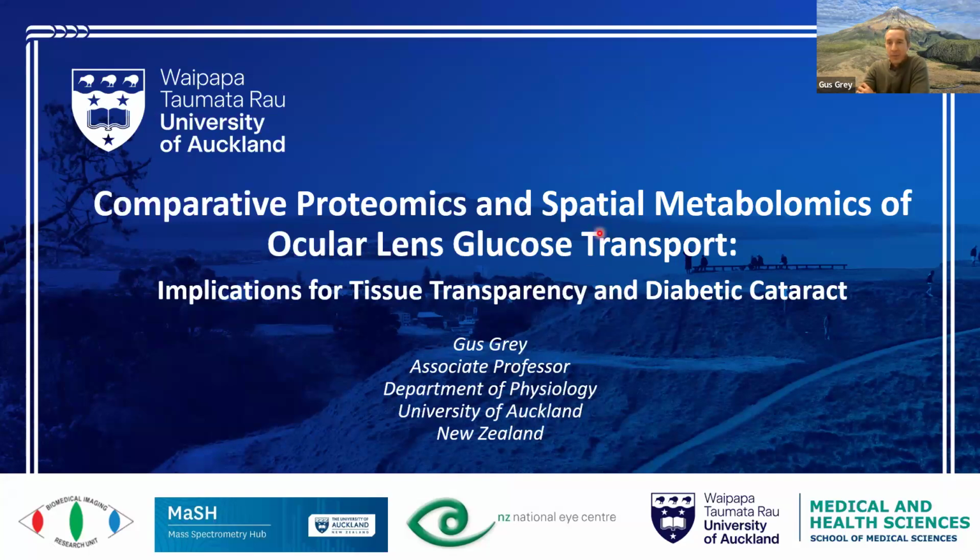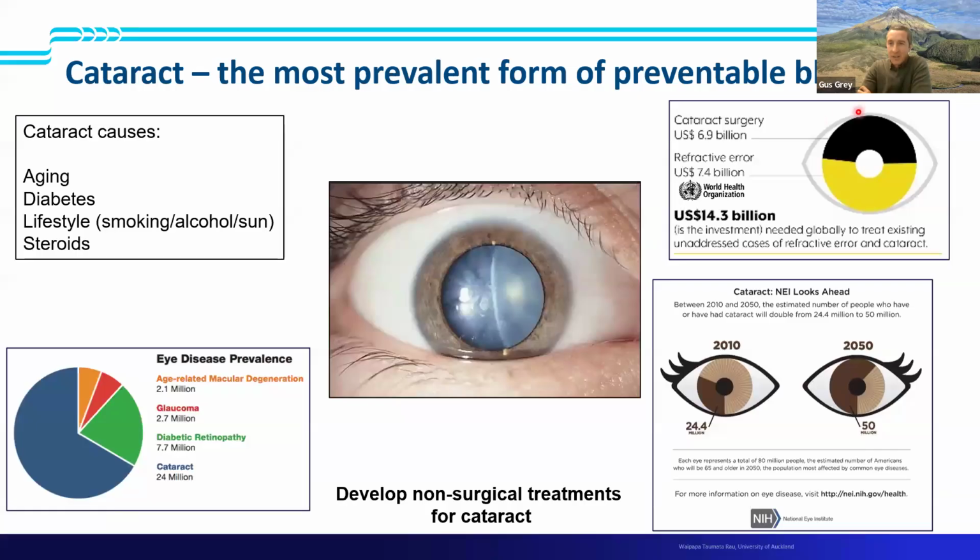So today I'm going to be telling you a bit about some of our work in spatial metabolomics and proteomics to understand ocular lens transparency and cataract. As many of you may know, cataract is a clouding of the normally transparent ocular lens, and it is by far the most prevalent form of preventable blindness in the world today. There are a number of risk factors for cataract, including aging, diabetes, and some lifestyle factors, including smoking, sun exposure, and some long-term drug